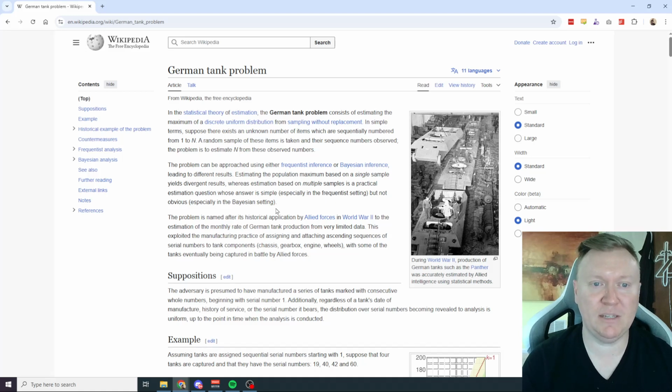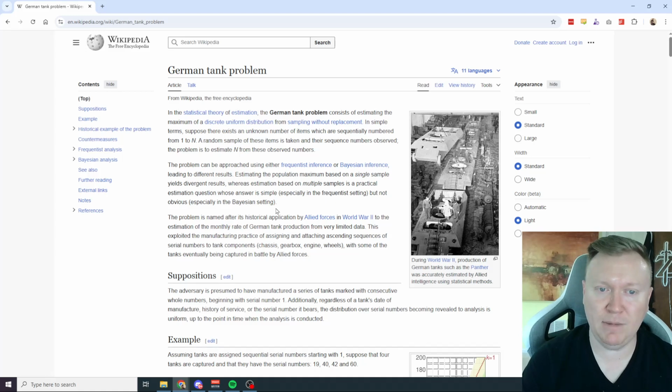The problem is to estimate n from these observed numbers. The problem can be approached by using either frequentist inference or Bayesian inference, leading to different results. Estimating the population maximum based on a single sample yields divergent results, whereas estimation based on multiple samples is a practical estimation. Okay,